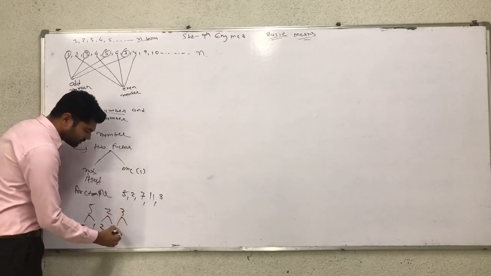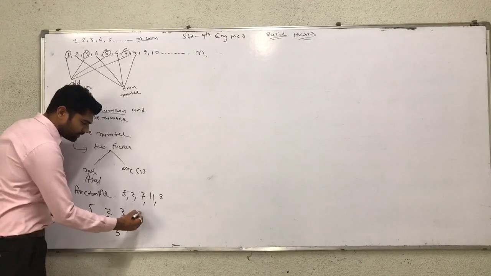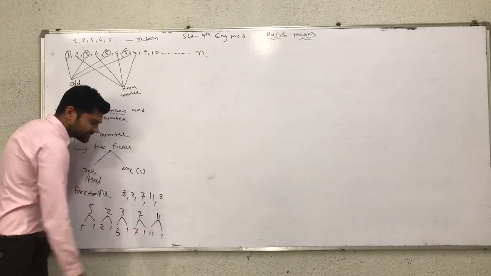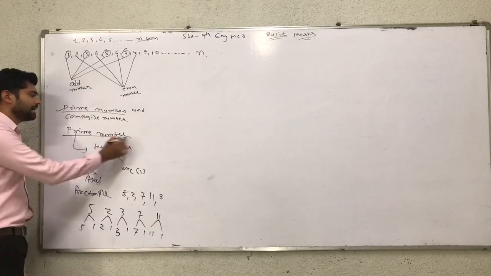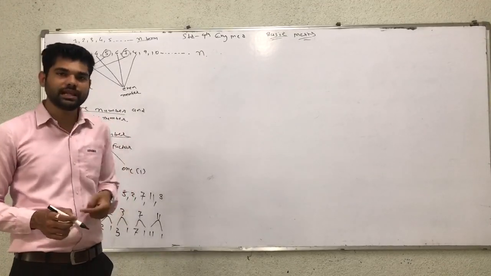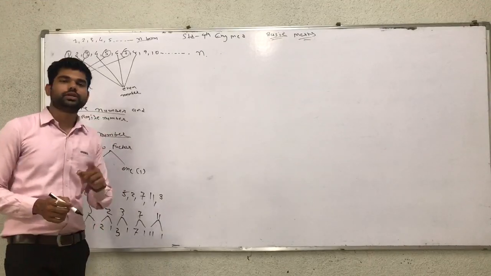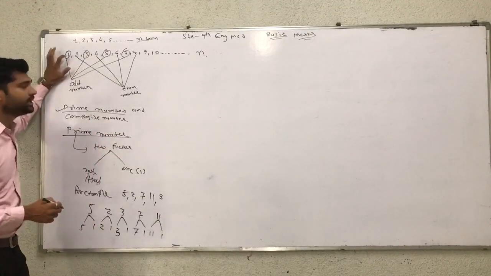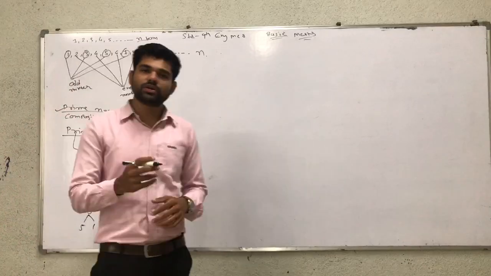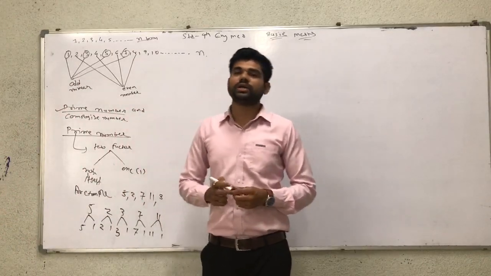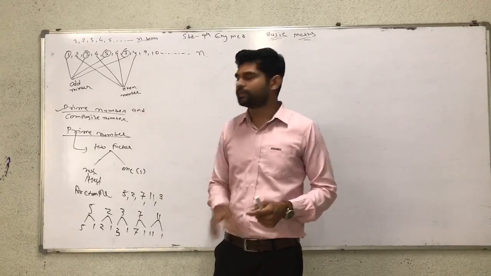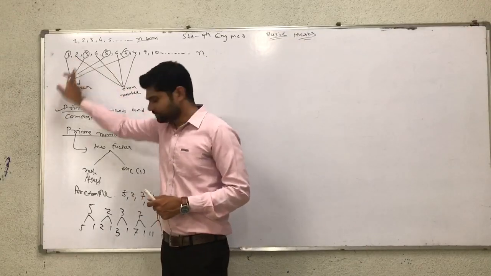Now 3 is also 3 and 1, the number itself and 1. In a similar way, the number itself and 1. So a prime number means a number that contains only two factors: first the number itself and the other is 1. In the number series, 1 is not counted as a prime number or a composite number, because 1 is a unique number. So the primes start with 2. 2 is a prime number.